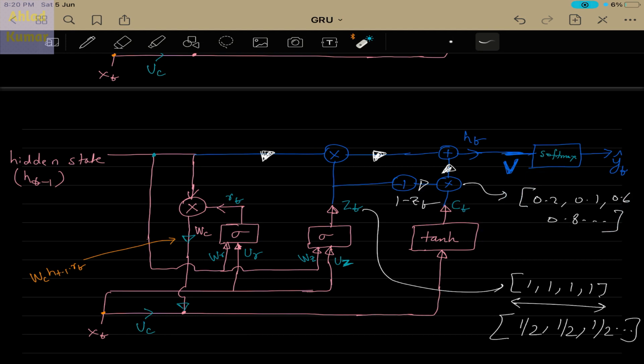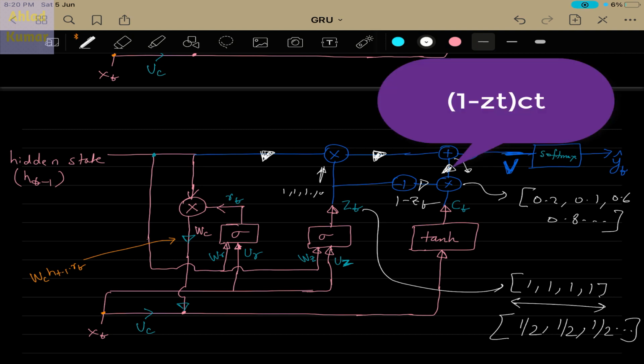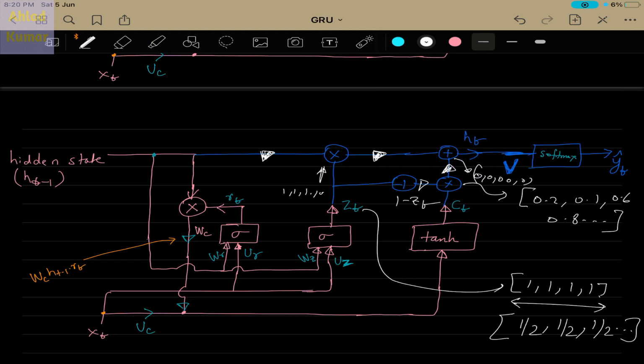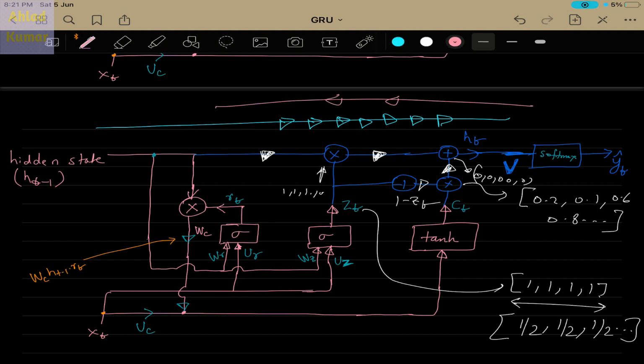So there may be a case where this particular input will be all ones and this particular input at the plus sign will be all zeros. There can be a situation like that. In that situation, you will have a direct connection between HT-1 and HT. This direct connection is actually helping us in solving the problem of vanishing gradients, because during the back propagation, as we have discussed in our LSTM architecture also, this direct connection is acting as a skip connection, as it is there in the ResNet architecture. Similar thing you can observe here in GRUs and LSTMs, and this skip connection type of activity helps in solving the problem of vanishing gradients as the back propagation is done through this path.